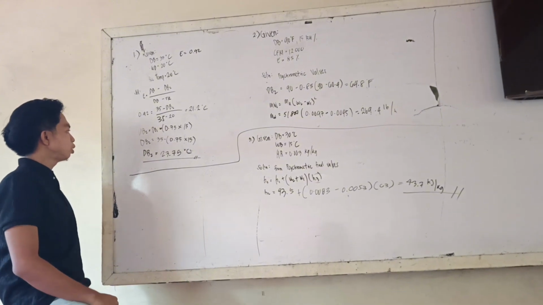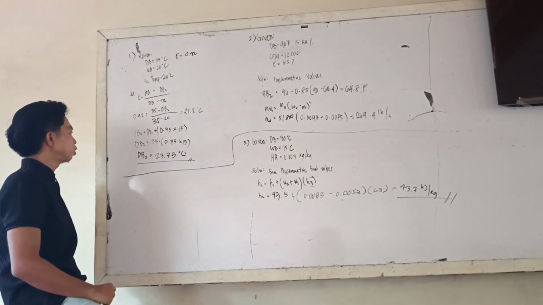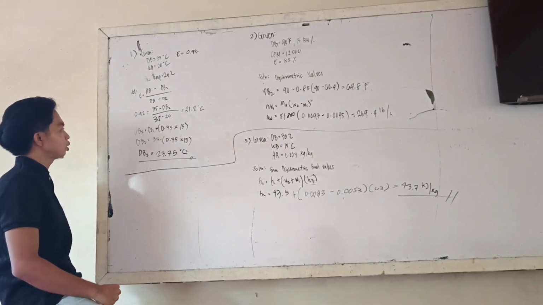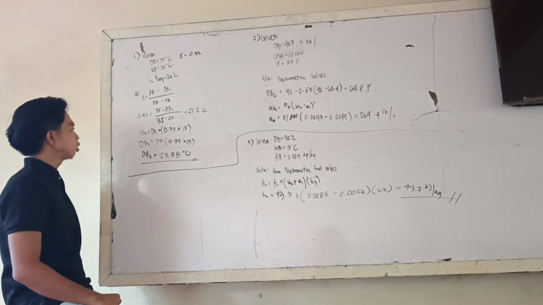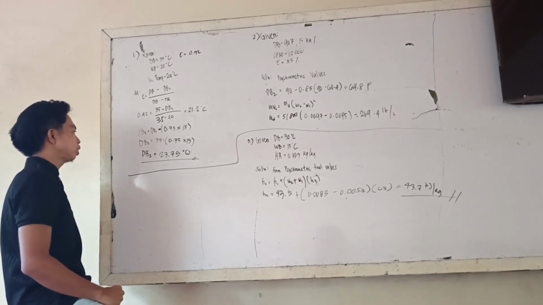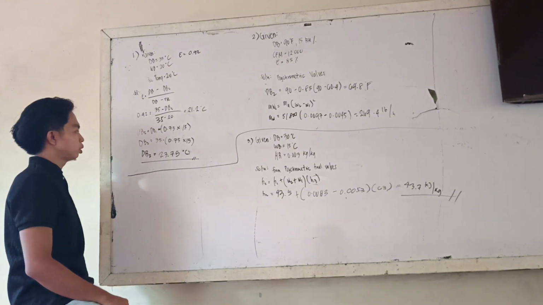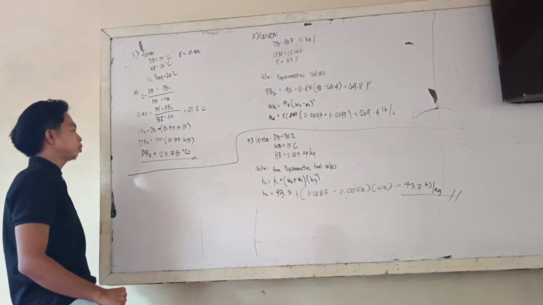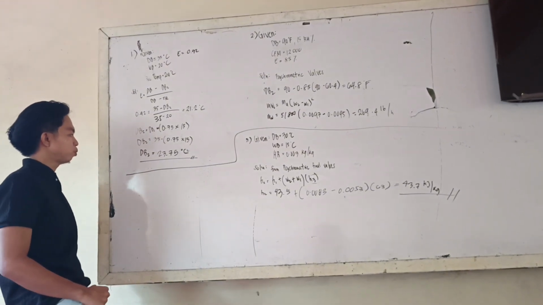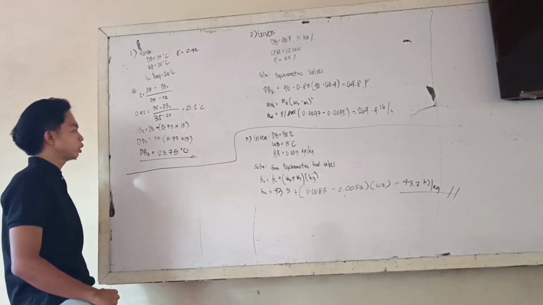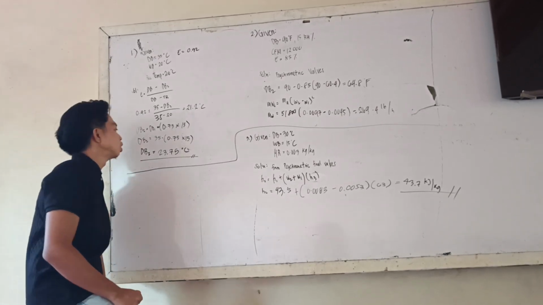Then we need to find the maximum dV2. So dV2 is equal to dV1 minus 0.75 times 15. Then plug in the values: 35 minus 0.75 times 15, and then the answer for the maximum dV2 is 23.75 degrees Celsius.